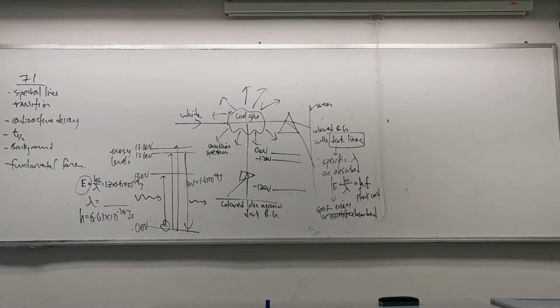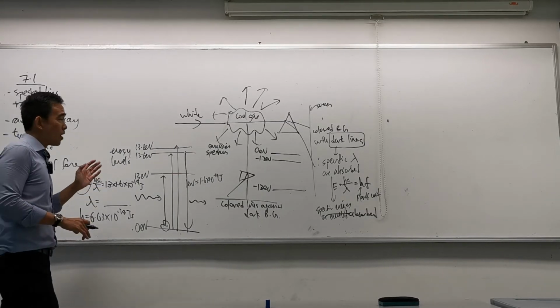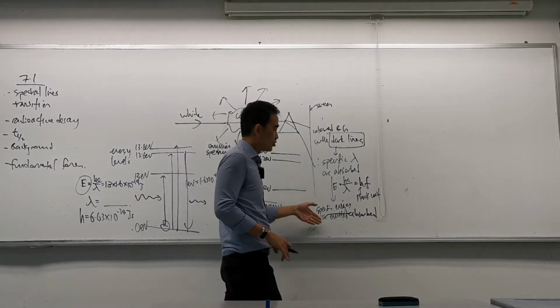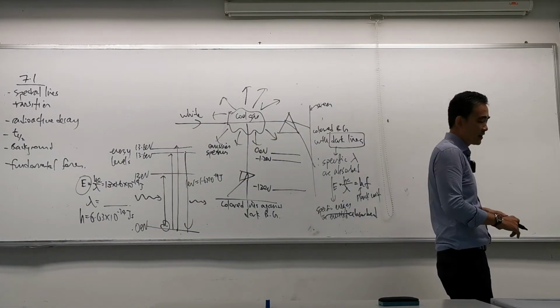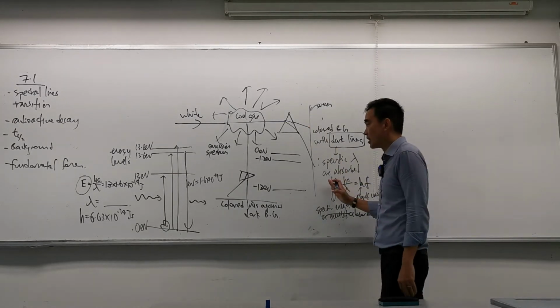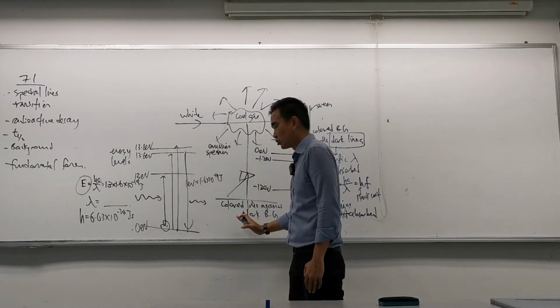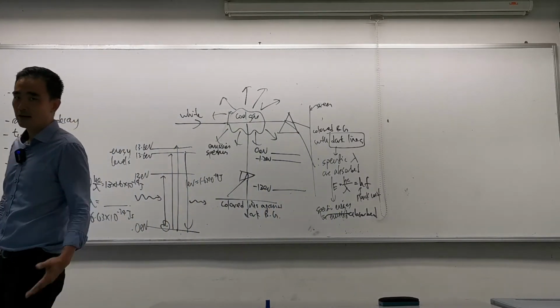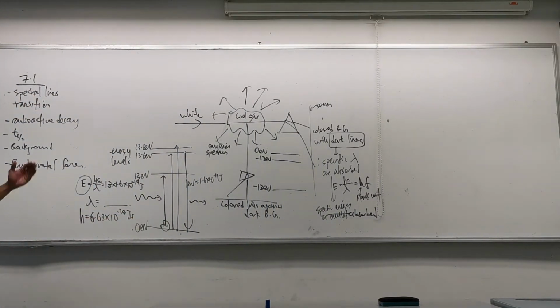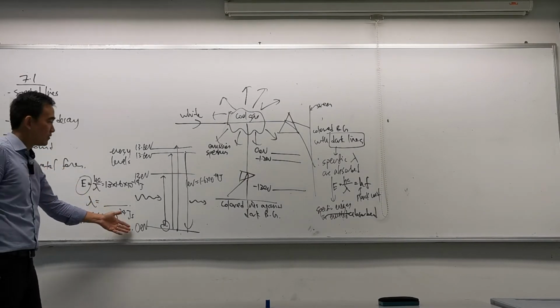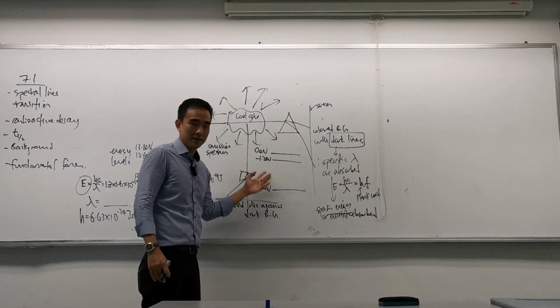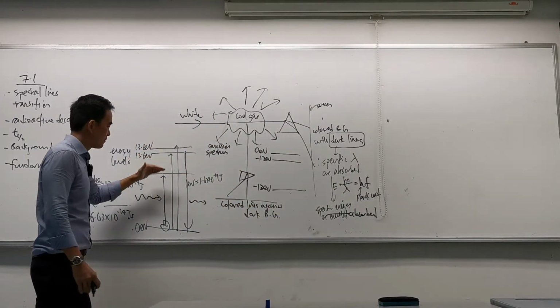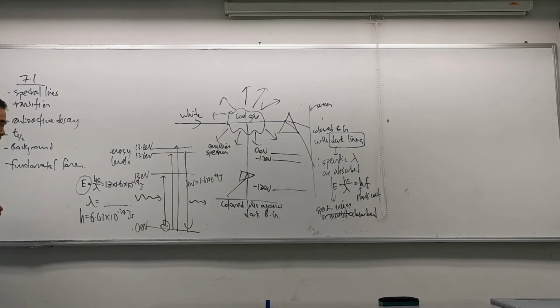All right, so that's all you need to know for spectral lines and the transition between energy levels. Why are spectral lines important? Because it shows you that energy levels inside the atoms are specific. You need to know the setup, what is observed over here, absorption, emission. And then you need to perform simple calculation like this one for transitions between energy levels, either going up or going down. Sometimes they give you in eV, sometimes in joules, sometimes in negative eV. But the idea is the same: higher minus lower equals hc over lambda.